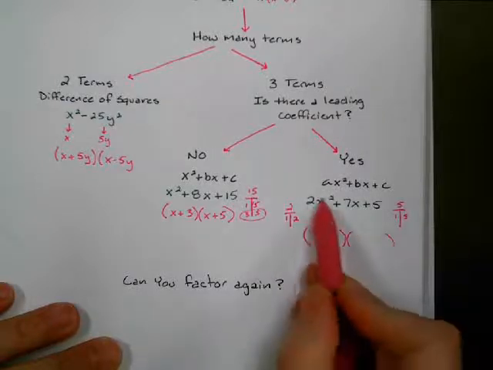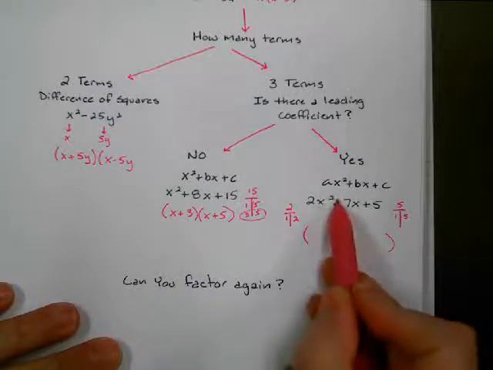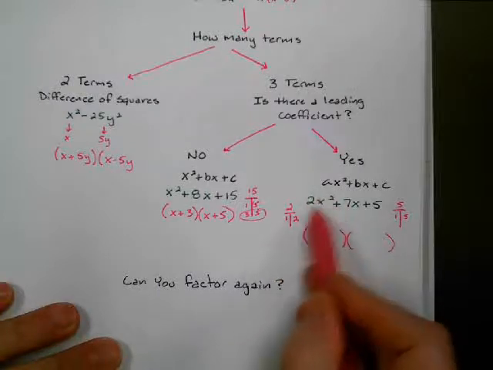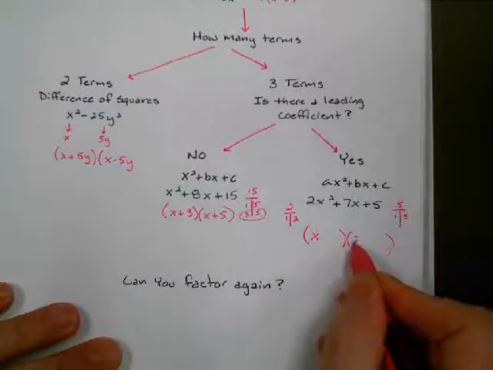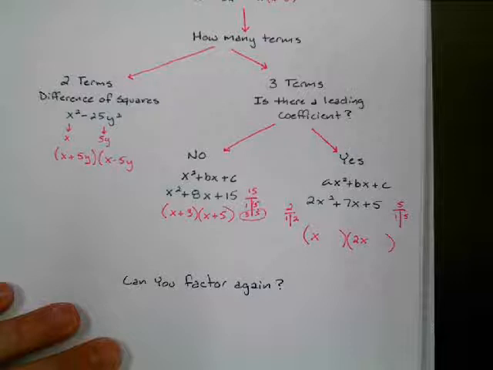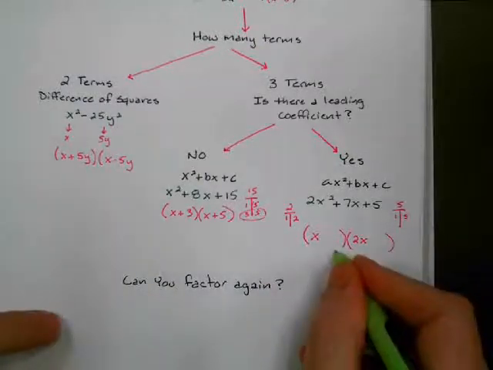So the leading coefficient is 2, and the leading term is 2x squared. So that means since there's only one combination that gives us 2, that first term has to be made from 1x and 2x, because x times 2x makes 2x squared. And then we just have to find the combination that works